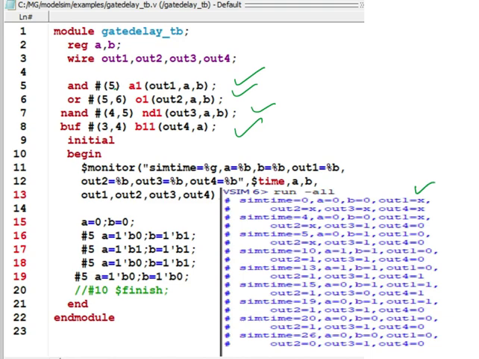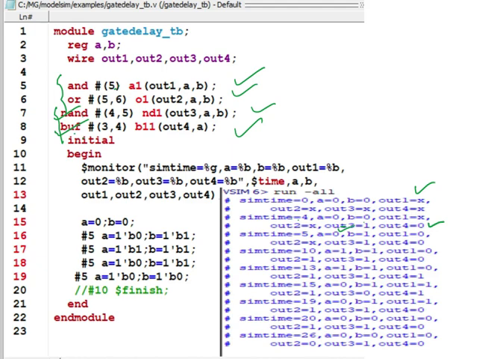So after 4 nanosecond, this buff and this NAND are changing, right? Buff and NAND are changing. So you can see the value here, at 4 nanosecond there is no change in the AND and OR gate, but there is a change in NAND and buff. So at 4 nanosecond you can see out3, this NAND, is changing to 1, and out4 is changing to 0.